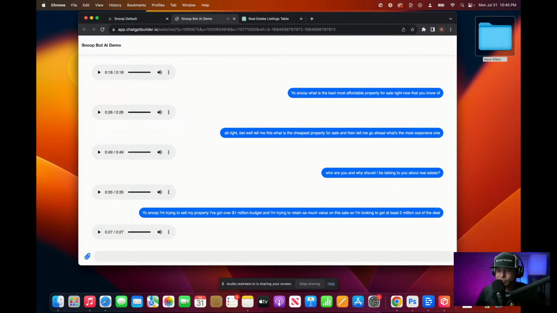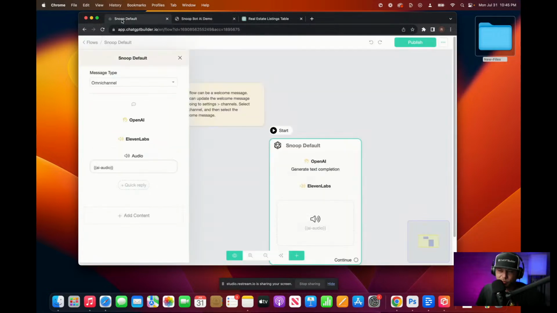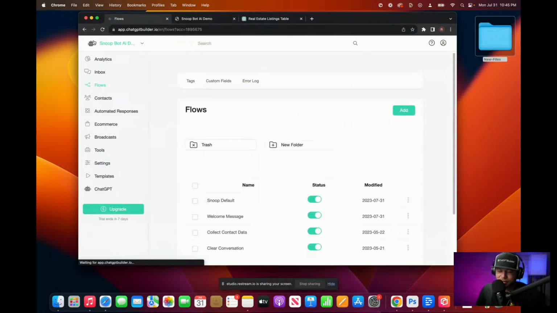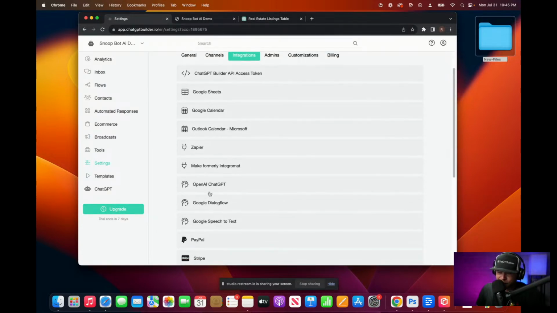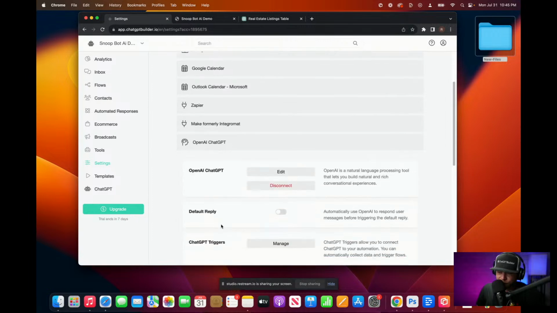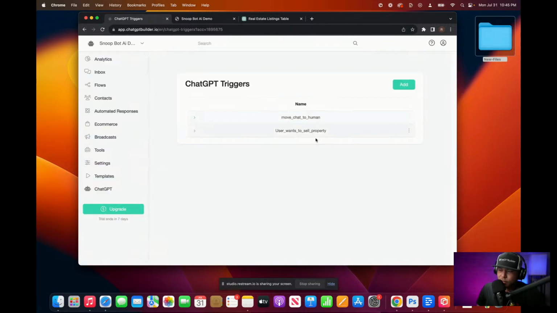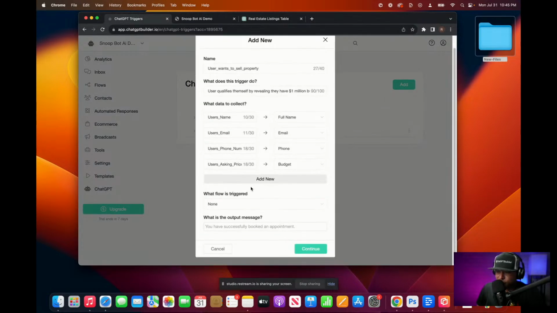All right, cool. So let's do this. Let's check it and see if we can go with something super simple. We're gonna check the trigger here, and we named it, boom. All right, user wants to sell the property. And so let's go in here. What is the trigger to do when they qualify themselves? They got $1 million budget, collect the contact info. All right,